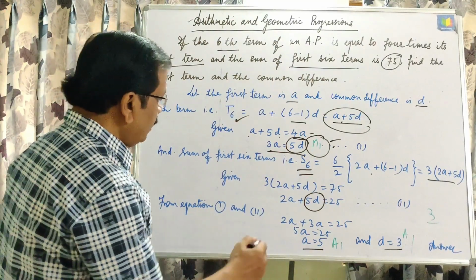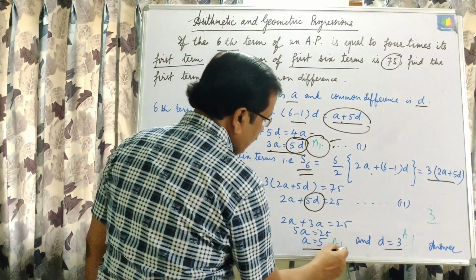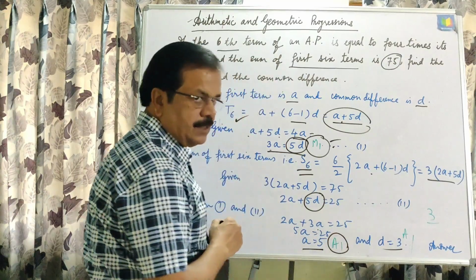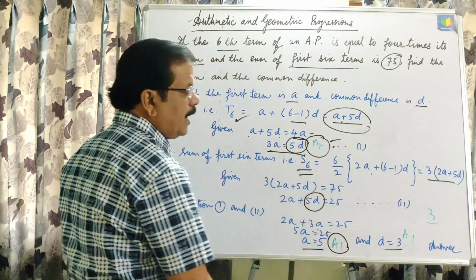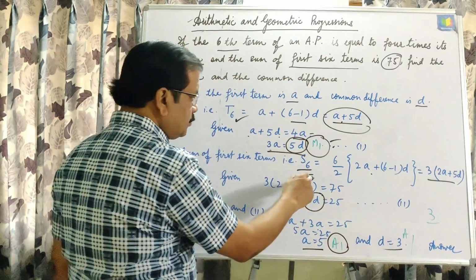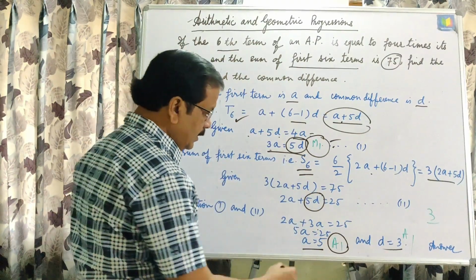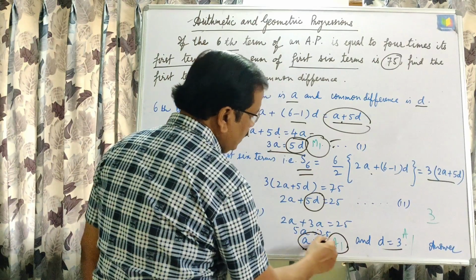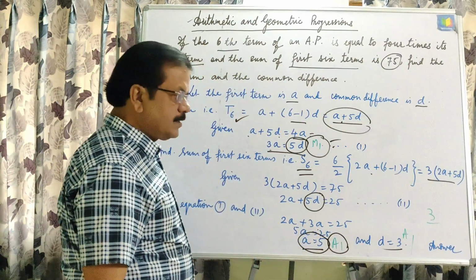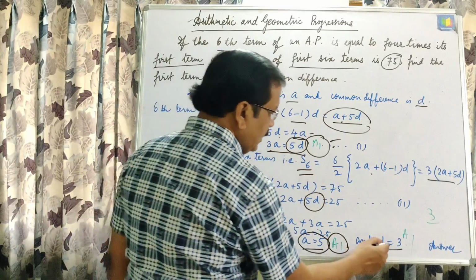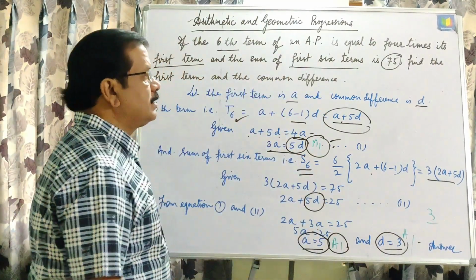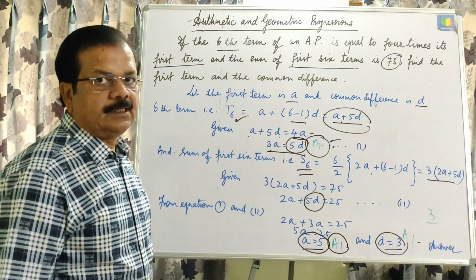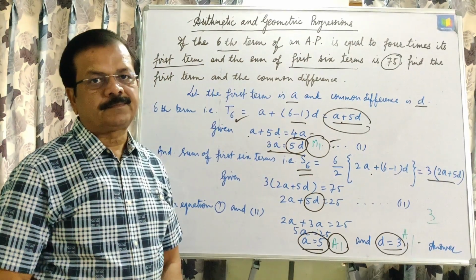And then after getting the correct answer with the correct way of calculation, these calculations should be correctly done, then you will be given A is equal to 5, the first answer mark, and D is equal to 3, the second answer mark, and this way 3 marks were decided. Now next question.